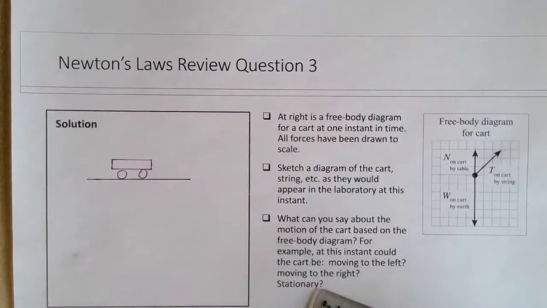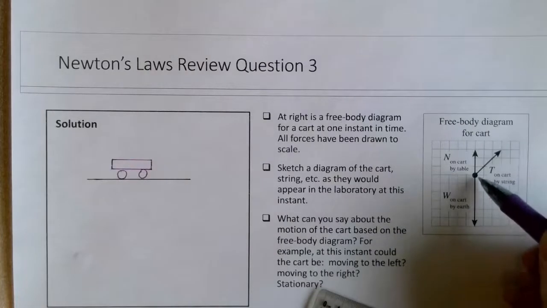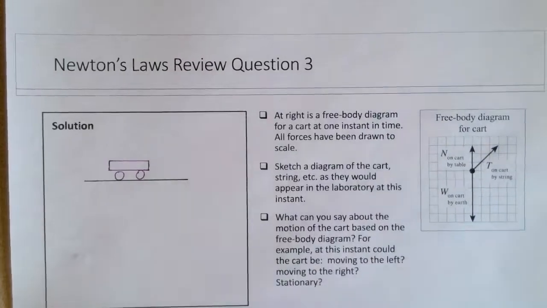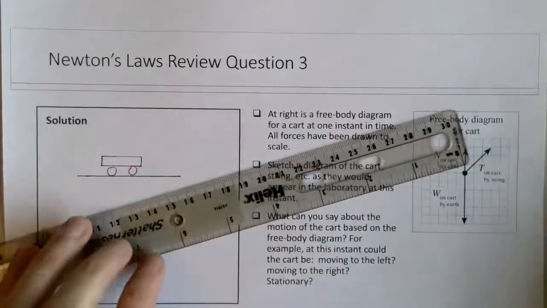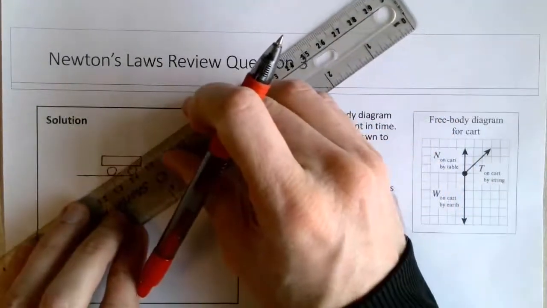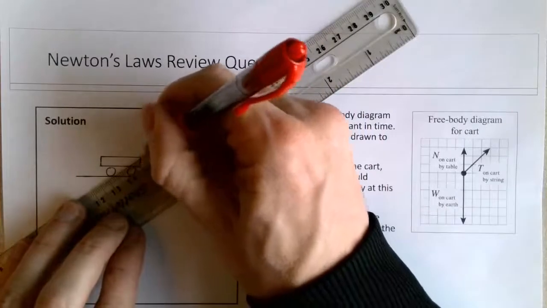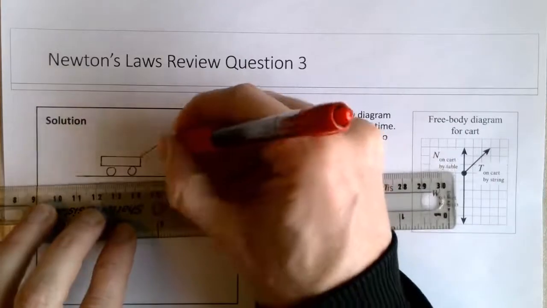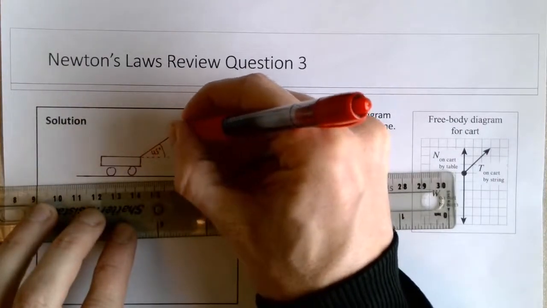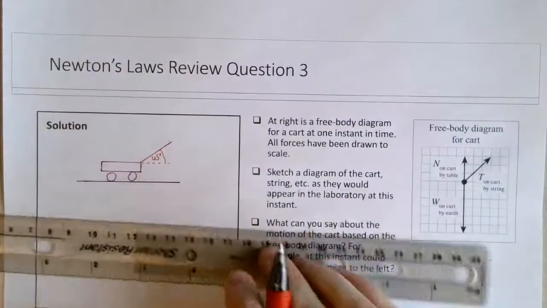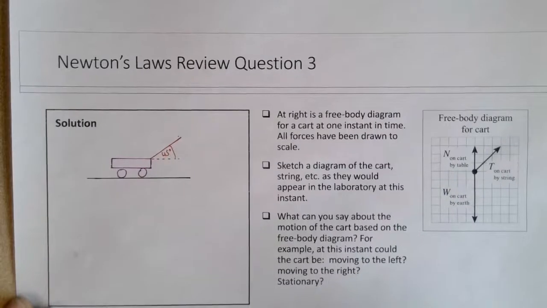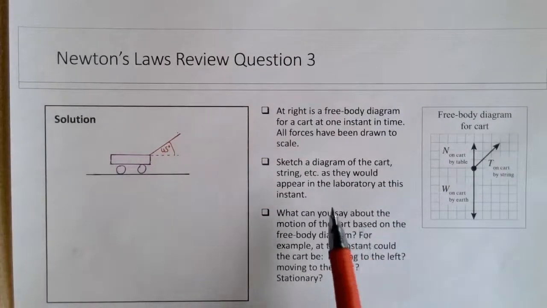what we can see here is that the tension has an x component of 3 boxes to the right and 3 boxes upward. So this tension is at a 45-degree angle if you want to be a little more quantitative. So I will draw the tension force, this string, at a 45-degree angle. And this is where the string is. So I think that would satisfy the second bullet point, that we've drawn a sketch of the cart as it would appear in